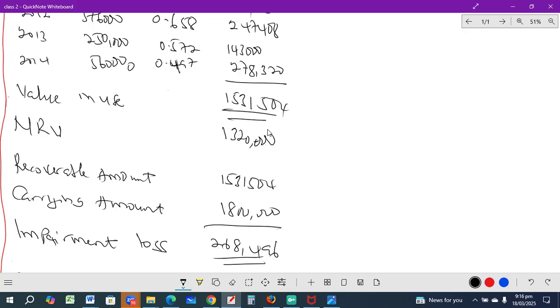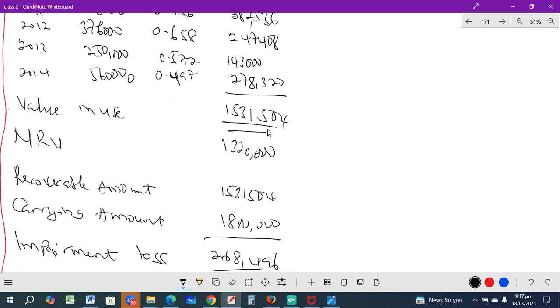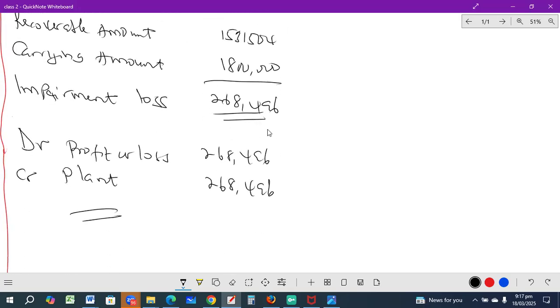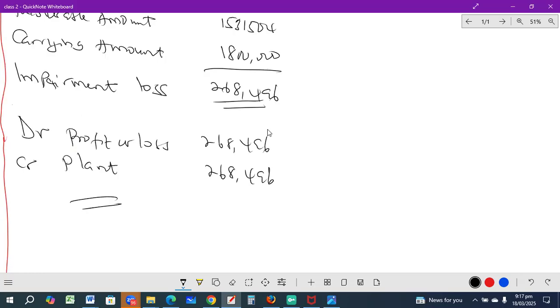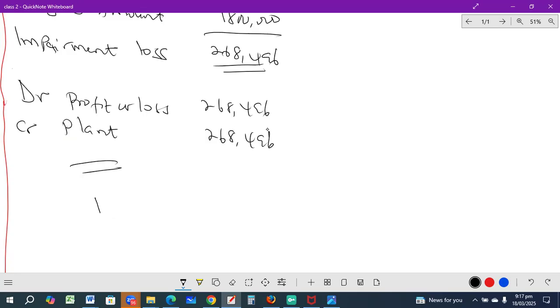All right, sure. So it means you record it in the profit and loss account in the name of expense. Yes. Like how I said, you debit P&L in the name of impairment loss, and credit the assets. So crediting the assets means that you are going to reduce it. So if you want to prepare the profit or loss extract, P&L extract, we have impairment of what? 268,4